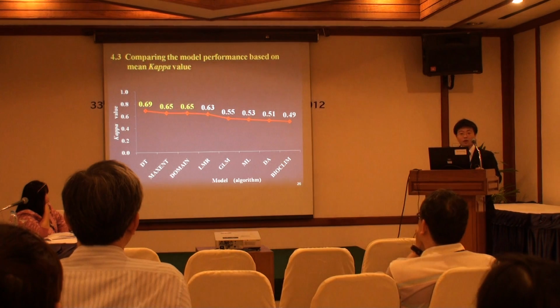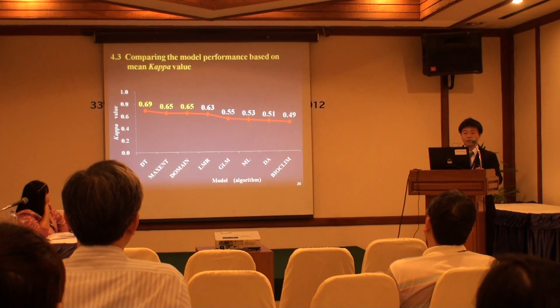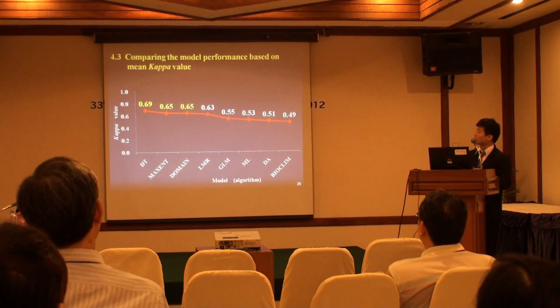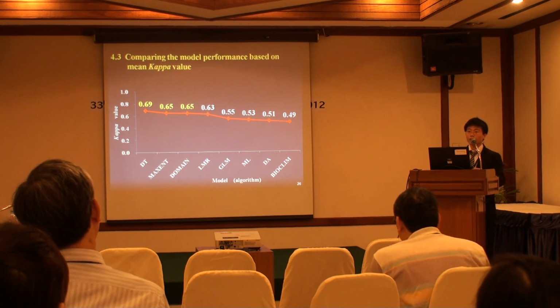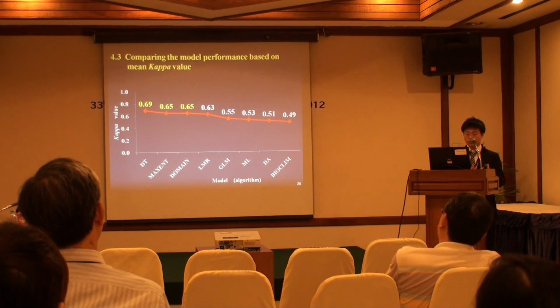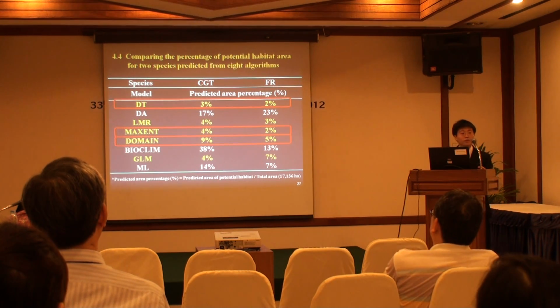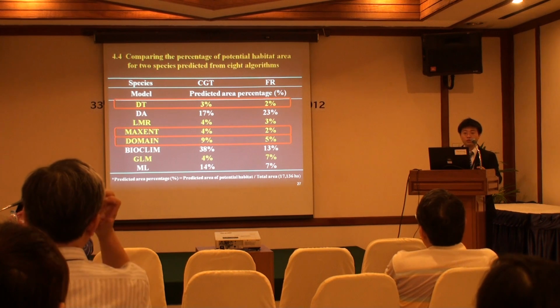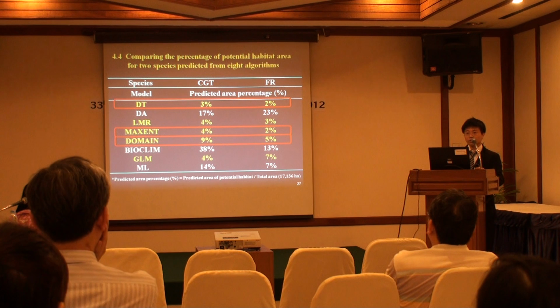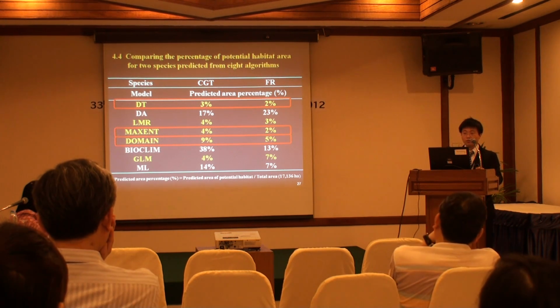And the second, we compare the model performance based on the mean kappa value, and we choose the top 3 algorithms, and we find DT, MaxN, and Domain have relatively high performance for predicting the two tree species. And the third one, we compare the percentage of potential habitat area. Before we talk, the DT, MaxN, Domain not only have